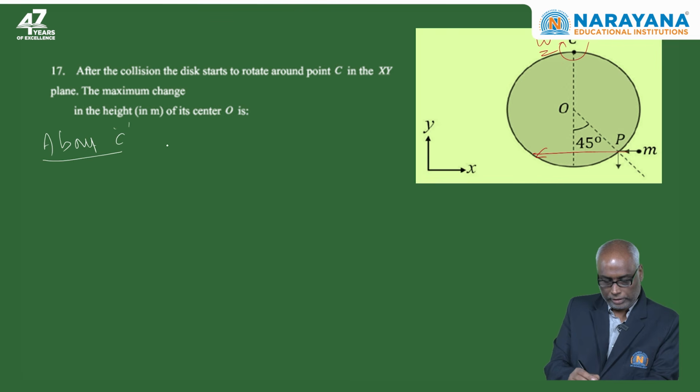Just before collision and just after collision, torque is 0. So we can say initial angular momentum is equal to final angular momentum. What is the final angular momentum equal to? The angular momentum of the disc about point C is nothing but (mr²/2 + mr²)ω, which is nothing but 3/2 mr²ω